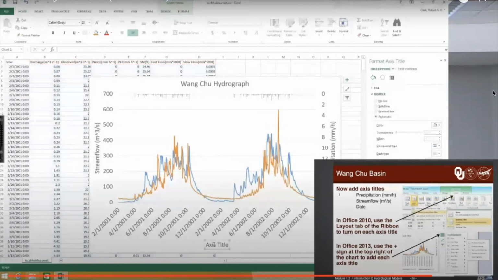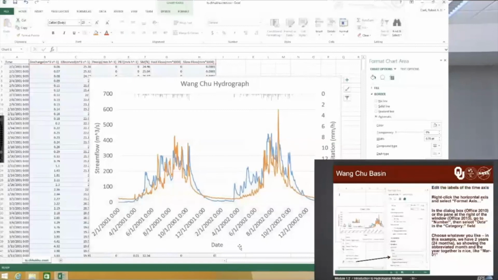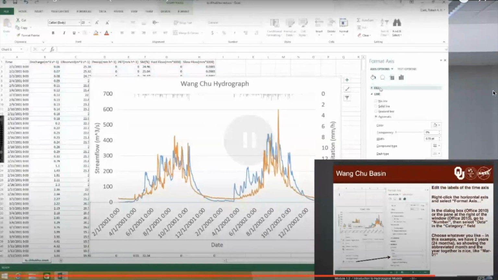Now I'm just going to use a caret. And then our bottom axis is just the date. Now the time axis is a little bit weird right now. It's showing labels every 2 months, but it's also showing the time with it, and we don't really care about that. We just really care about